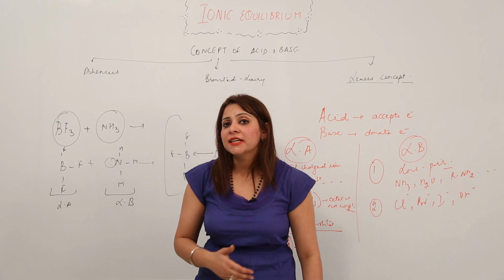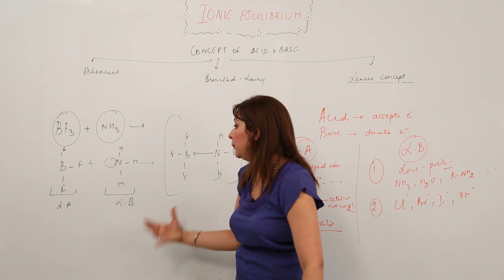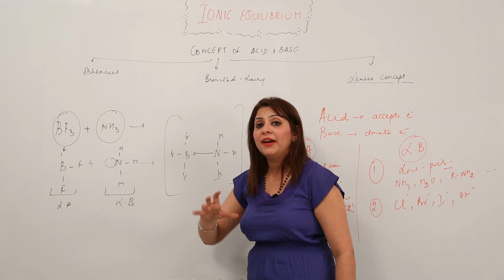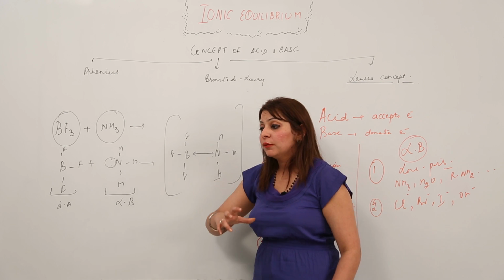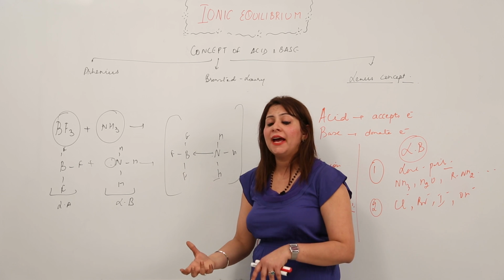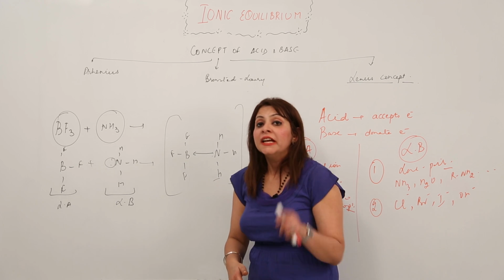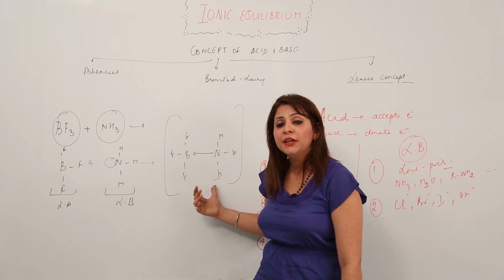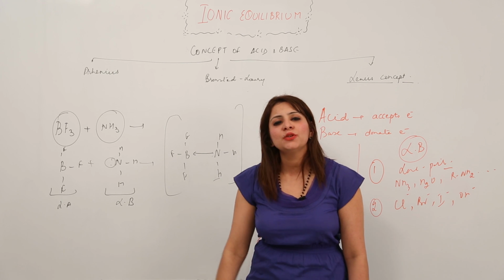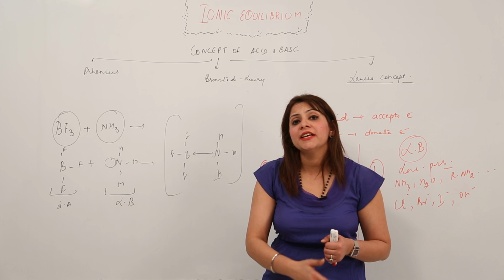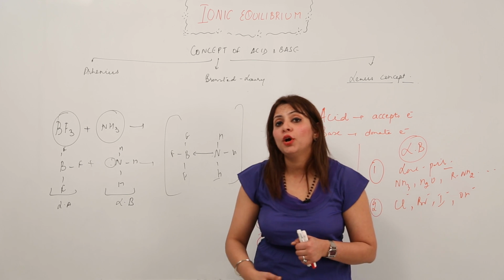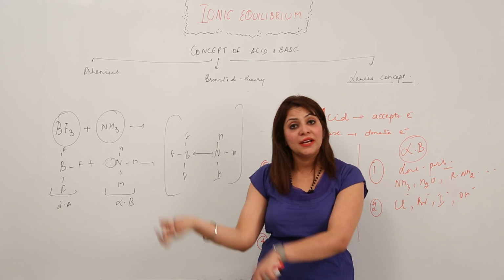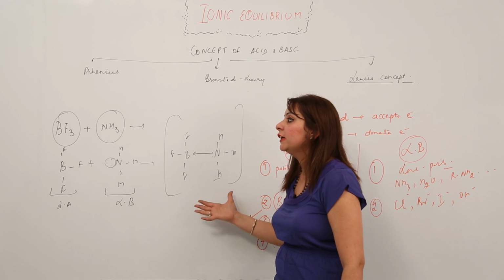Because Lewis always explained the concept on the basis of the formation of coordinate compounds, but it is not always the case that a coordinate compound is formed. An acid and a base can react with each other without the formation of coordinate compounds. This evidence came from the fact that the formation of a coordinate bond is a slow process, but an acid-base reaction is a very fast process. So not always is a coordinate bond formed, because there are a few substances that react at a faster rate, and so it was not explained by Lewis.